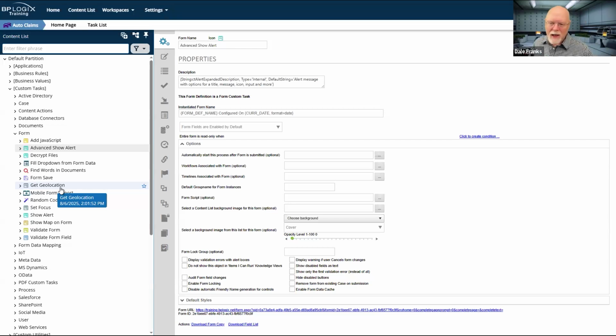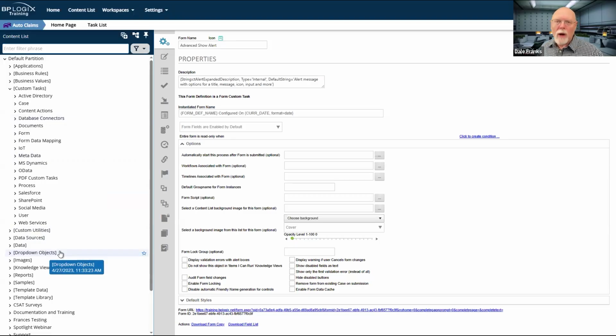If you don't have an SDK license, then obviously you wouldn't be able to create your own custom tasks or really to edit the custom tasks that exist in the system. In any event, custom tasks are not just things that we provide, and they're not just separate little applications from us, but you can, with the appropriate licensing, create your own.